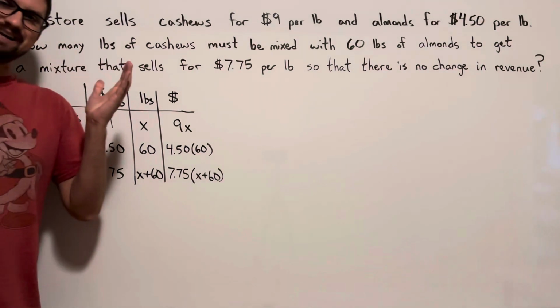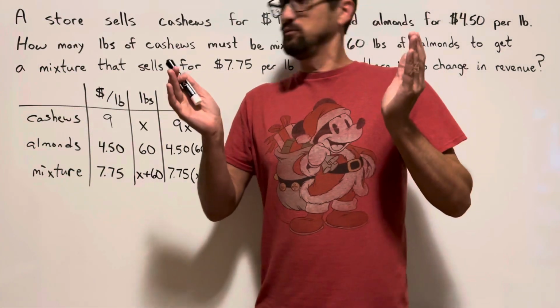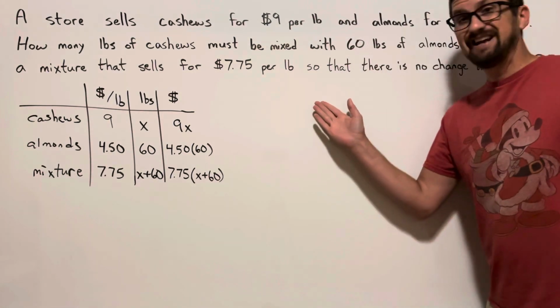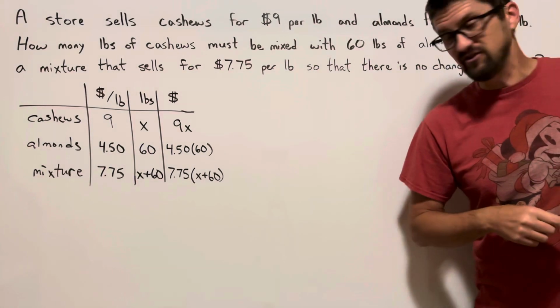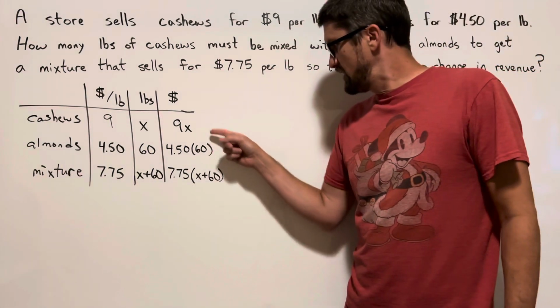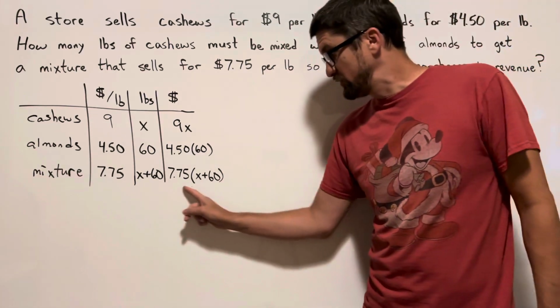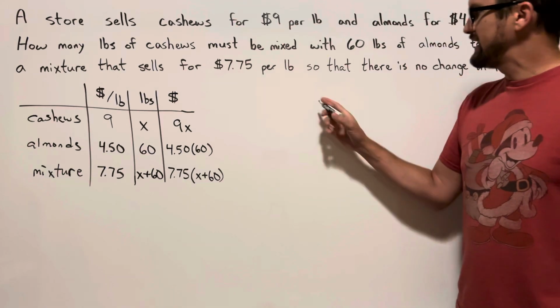All right, so we organize the data into a table. Now the next step would be to come up with an equation. Now the equation we're going to get from the fact that there's no change in revenue. So the revenue made off the 2 items individually, they're going to add up, they're going to equal the revenue of the mixture. So 9X